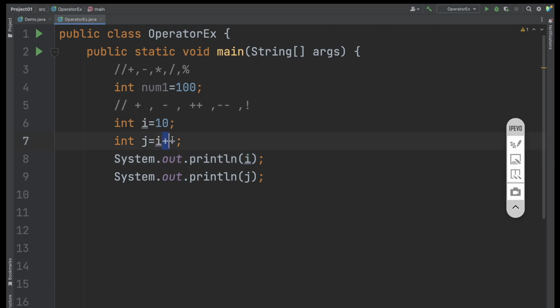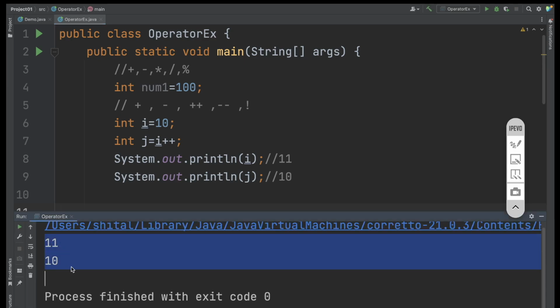This is a postfix operator, right? So the value of i will be assigned to j first, and that's the reason the value of j will be 10, and then the i value is incremented by 1. That's the reason the value of i will be 11. So if I save it and execute it, you will get the output as 11 and 10. See in the console,